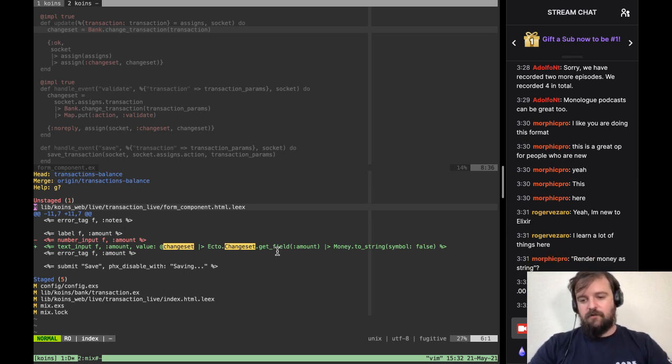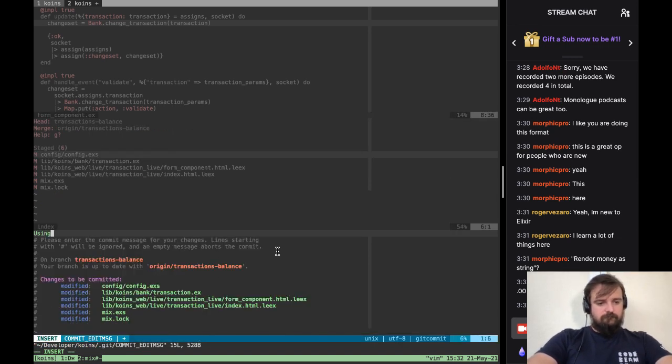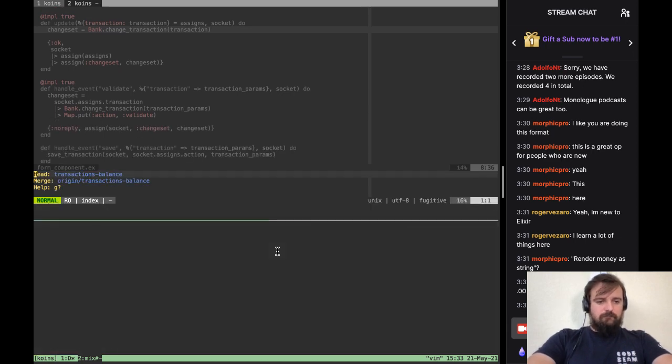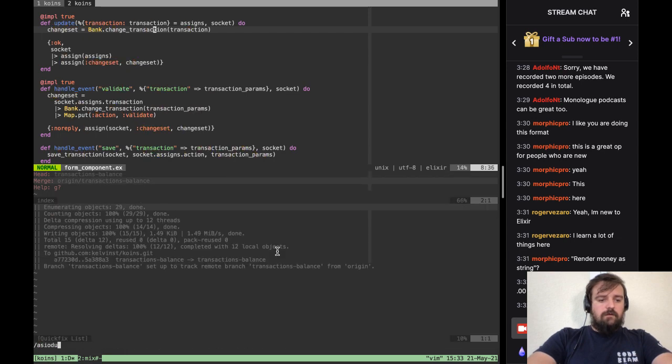I mean, as .00, it's decimal. Yeah, decimal. Guess that's it. Using the money lib for the amount, pushing the commit, and